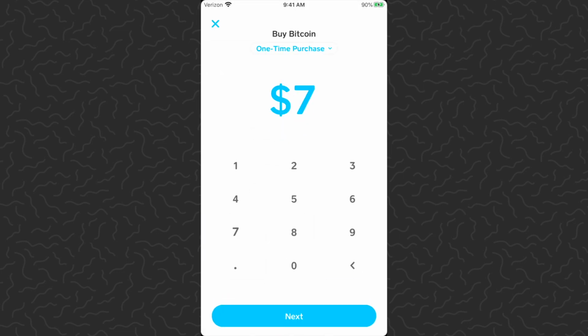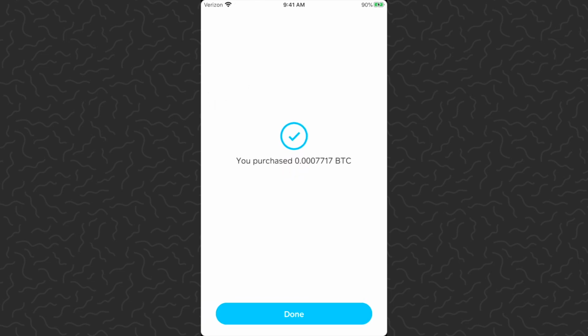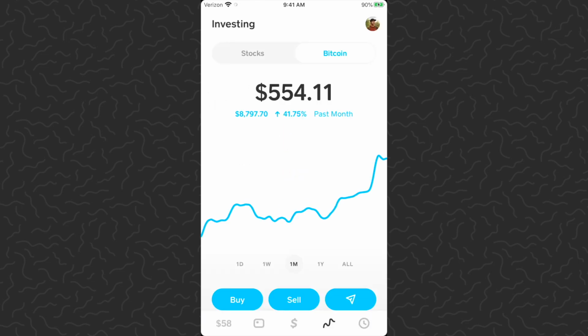Tap the three dots, type $7 because we're doing $1 per day and we buy on Fridays. Tap next, scan my fingerprint. It's going to give us our order details, then I just tap confirm. And just like that, I've purchased some more Bitcoin. So I now have